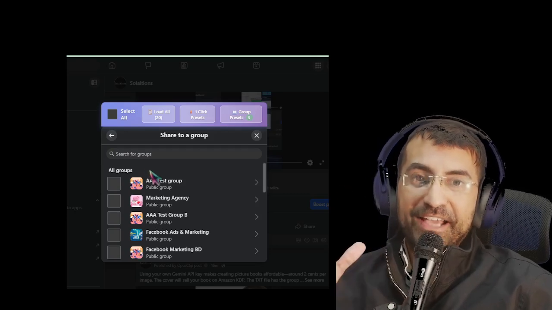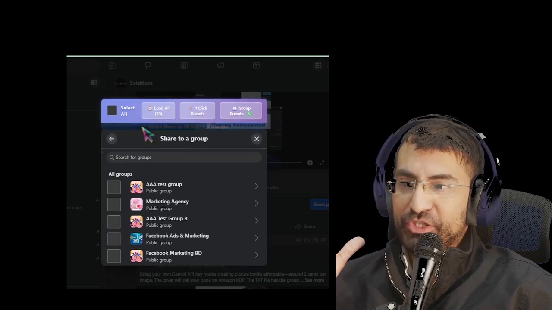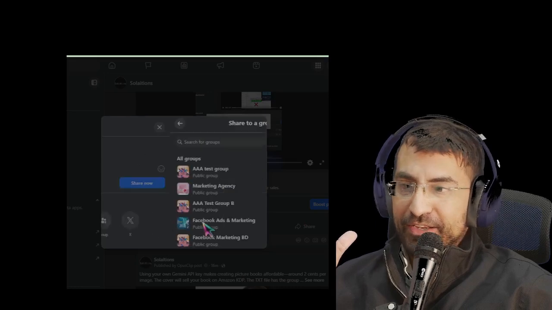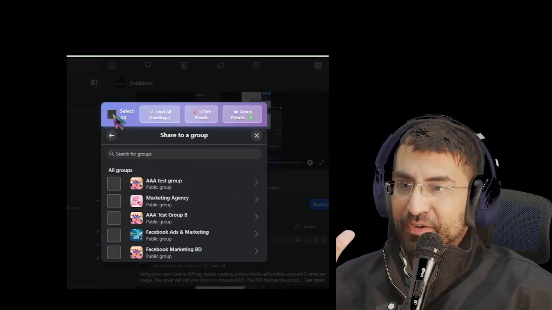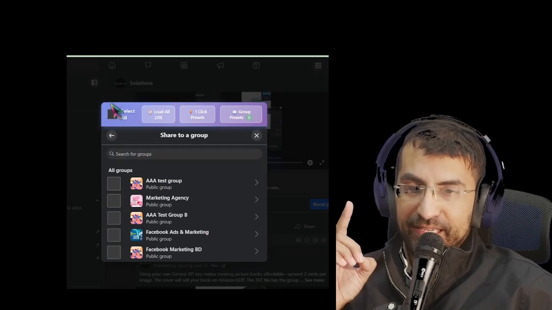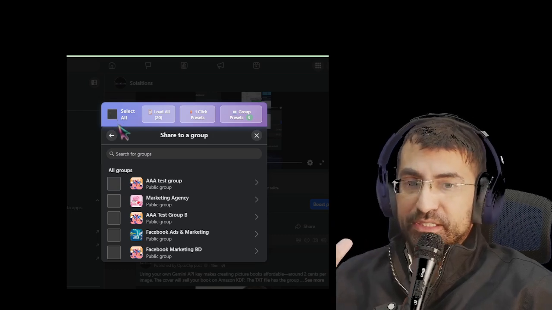Facebook has finally added the ability to select multiple groups when you are sharing your post. Let me just prove that to you. Share, group, and now you can finally select all of your groups. I'm just kidding. I wish Facebook would do this, but since they're not going to do this, check out this